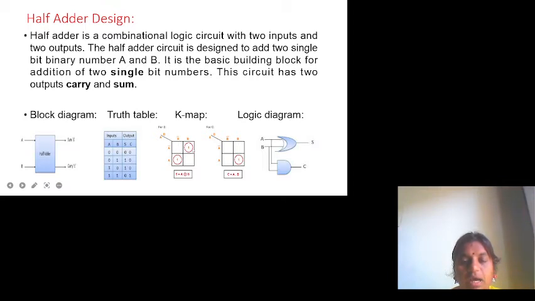I have given the literal 1 for the expression A B bar plus A bar B.